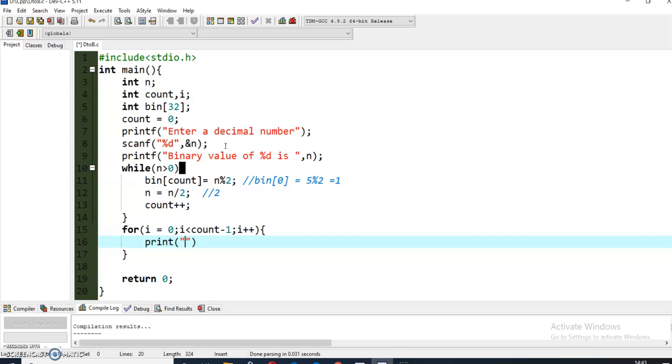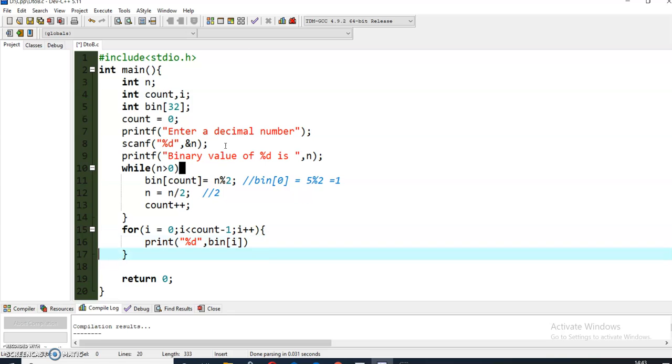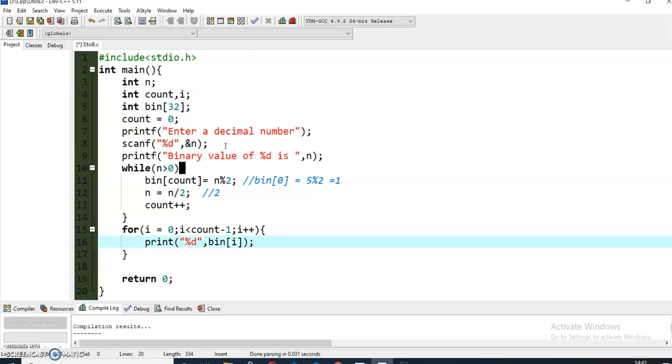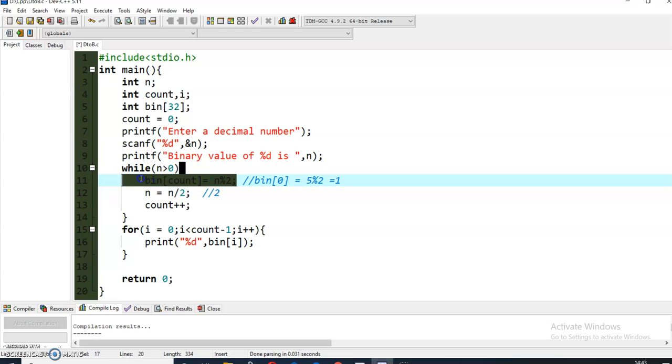So %d, bin[i]. So now what we are doing here is first converting each digit of the number to a binary digit. So let's compile this program and run it.